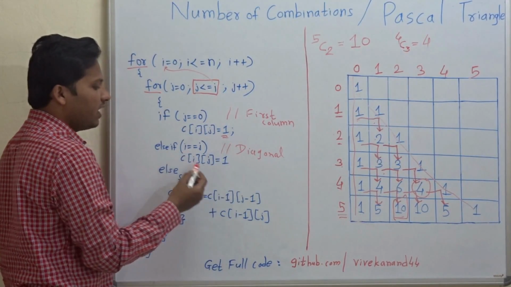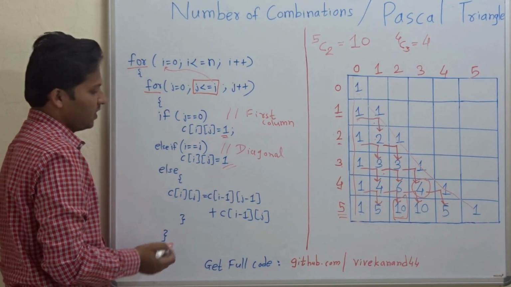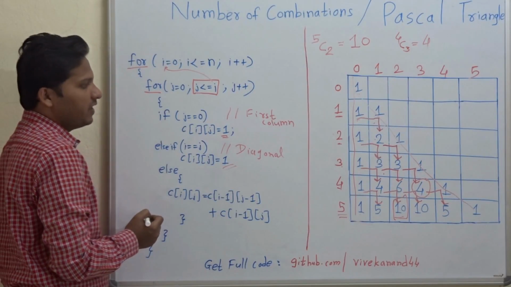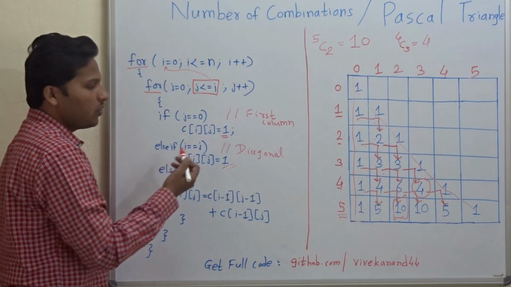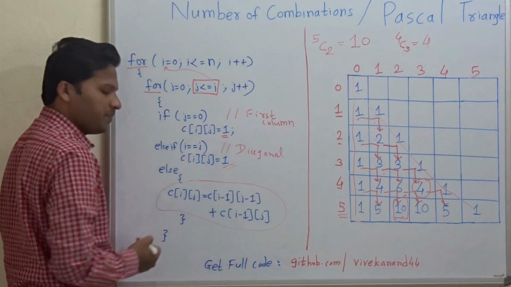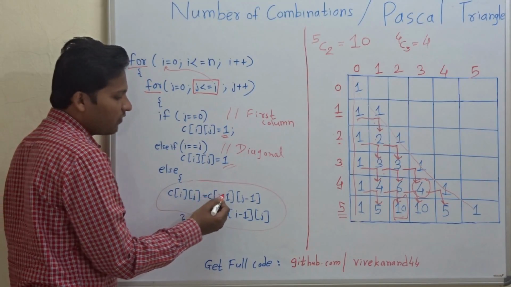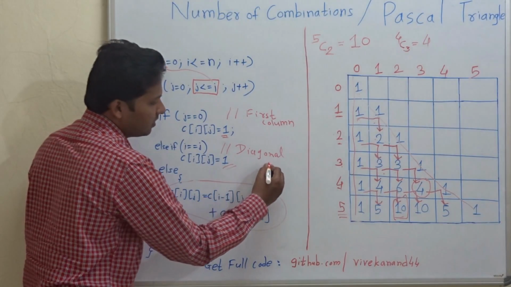For all the diagonal elements, the value is equal to 1. And else, so if it is not the first column or diagonal, then for all the internal elements, this is the formula. As you know, C of ij equal to C of i minus 1 j minus 1